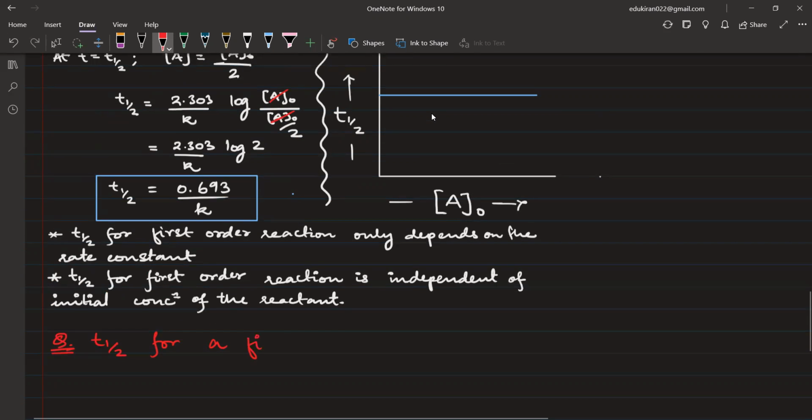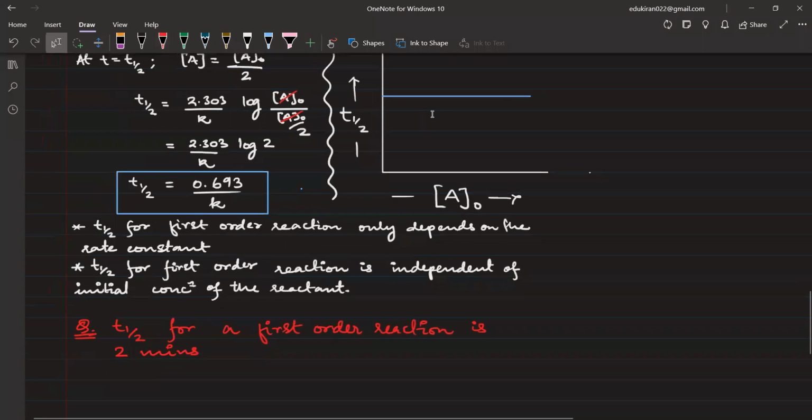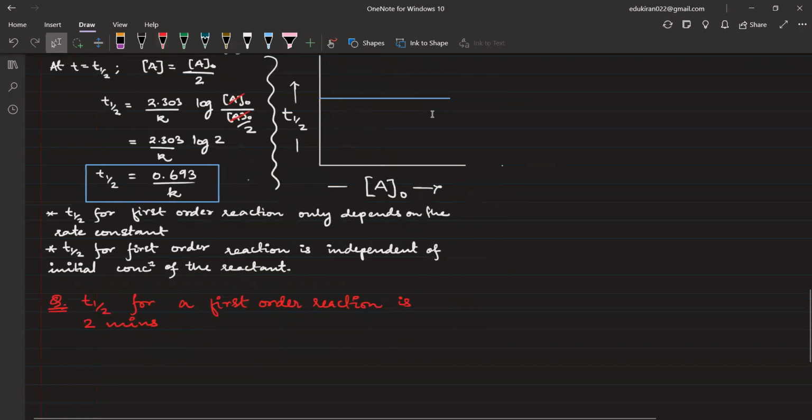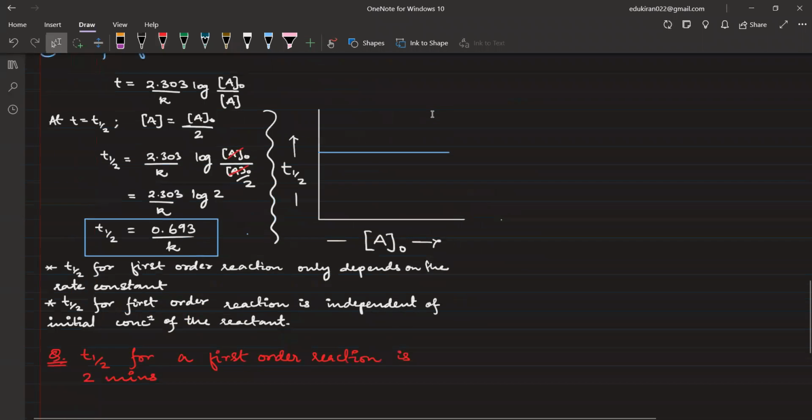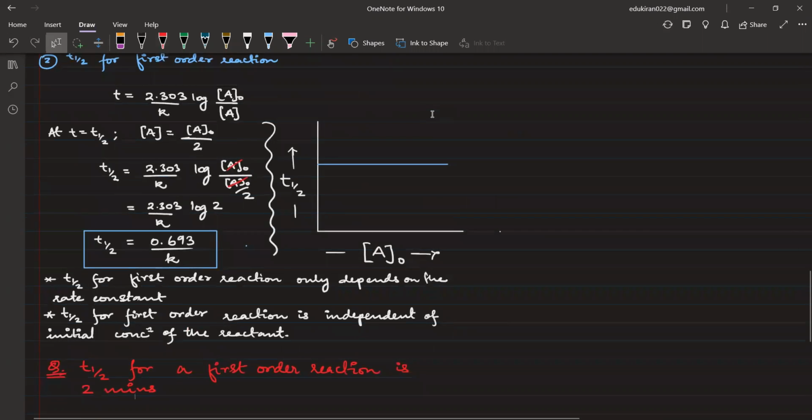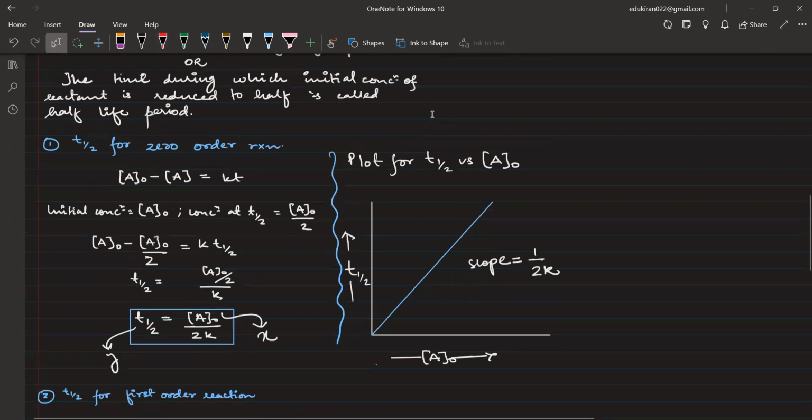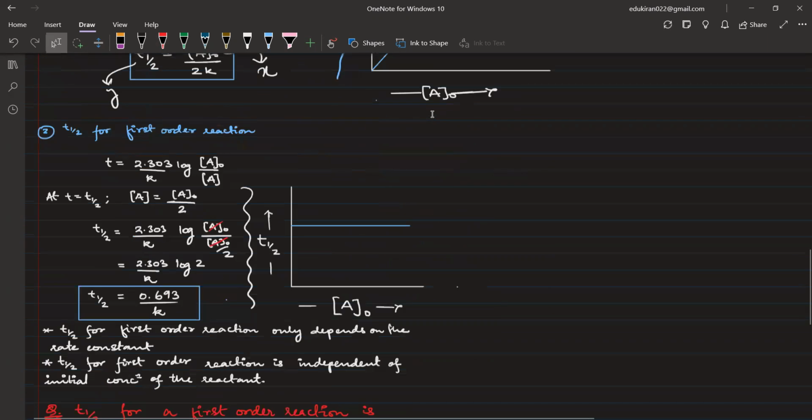Okay, that's a straight line. Could you show the first order reaction again? Zero order का First order. जो first order पे ये रहा